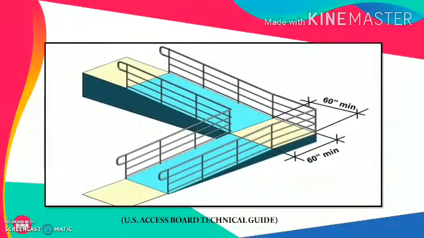Now this figure shows two ramps connected with an intermediate landing. Where the width is around 60 inches or 5 feet, there is a level surface which is followed by one part of the ramp, and then there is a change in direction. At the end you must observe that there are some additional projected parts of the handrail to help persons. So here the minimum width that has been shown is around 5 feet or 1.5 meters.